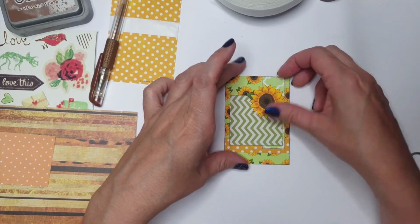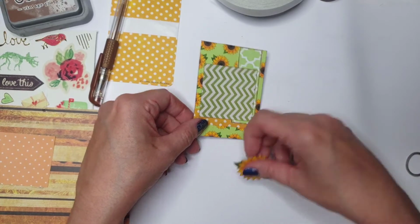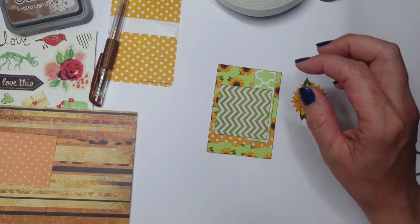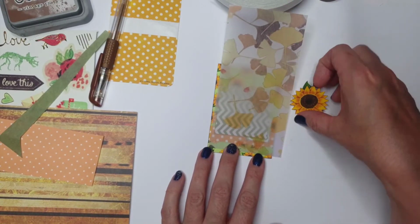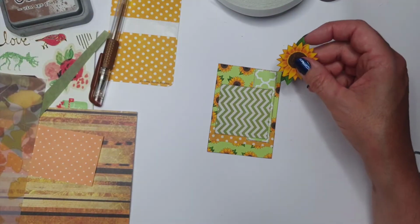Okay, this is how we're doing with this so far. What do you think? Yeah. I think we need something semi-see-through, so like vellum, but that's not patterned, to fade down the pattern in the background, maybe? Maybe. Or...